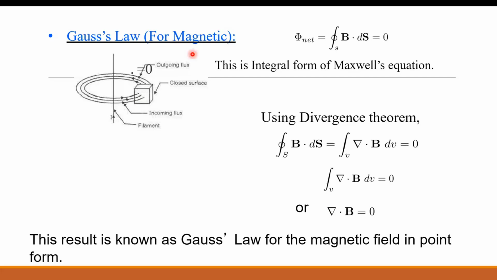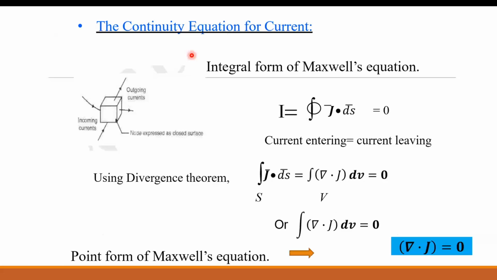Okay, static magnetic field. And the fourth one is we are using the continuity equation, where we relate J bar. Okay, so J bar is equal to what, or I is equal to what? Closed integration of J ds. If the integration is closed, then it is equal to 0, because net current entering is equal to net current leaving. Hence, now this J bar dot ds bar is surface integration.